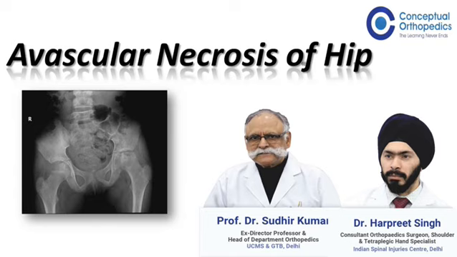You see, the typical staging that we use is Ficat and Arlet, which gives very good information on a well taken X-ray. So in stage 1, when the patient presents to you with just pain or stiffness in the hip joint,